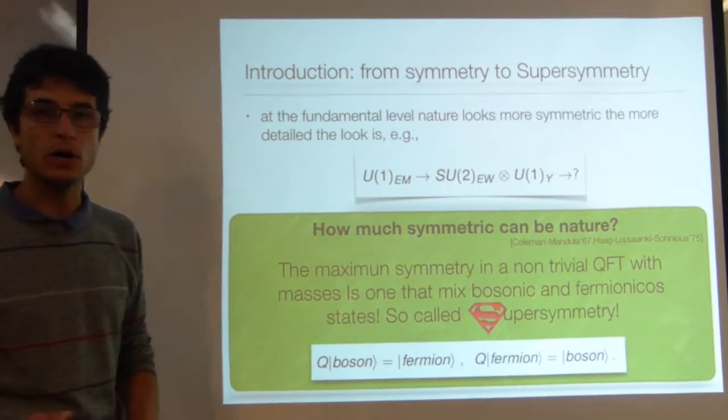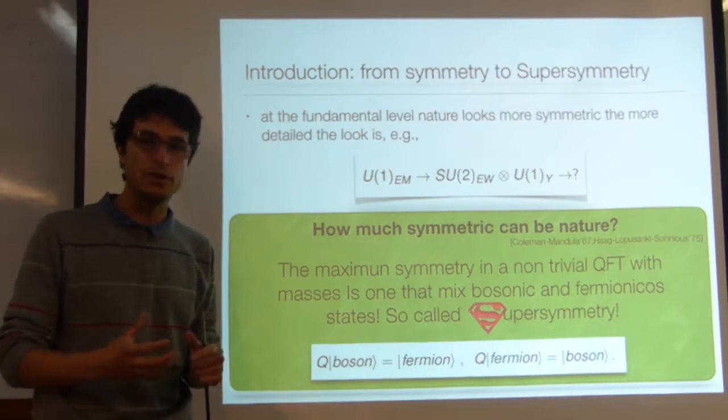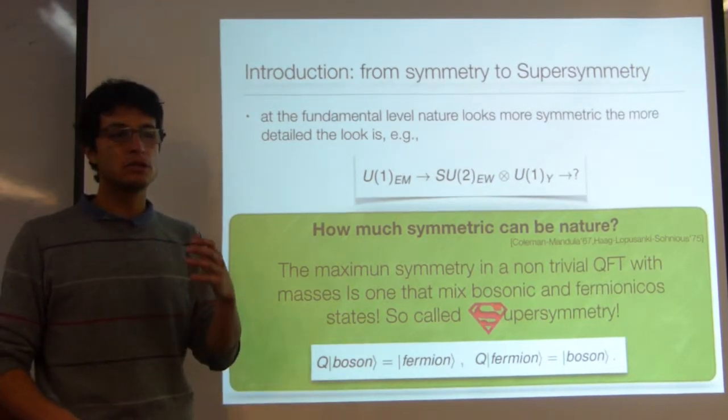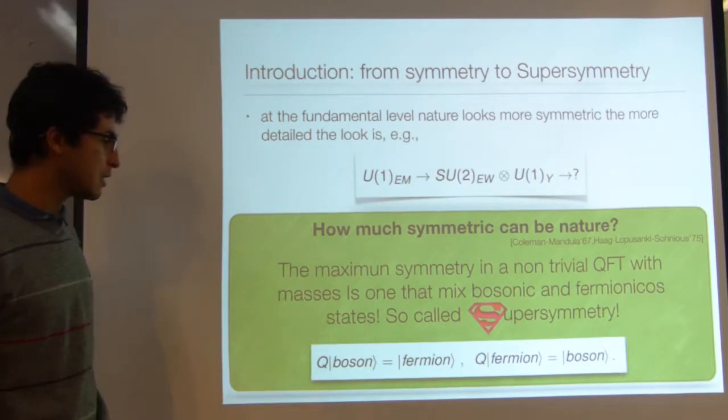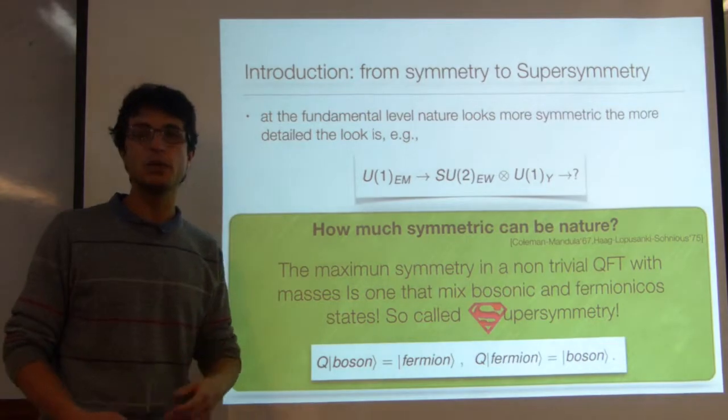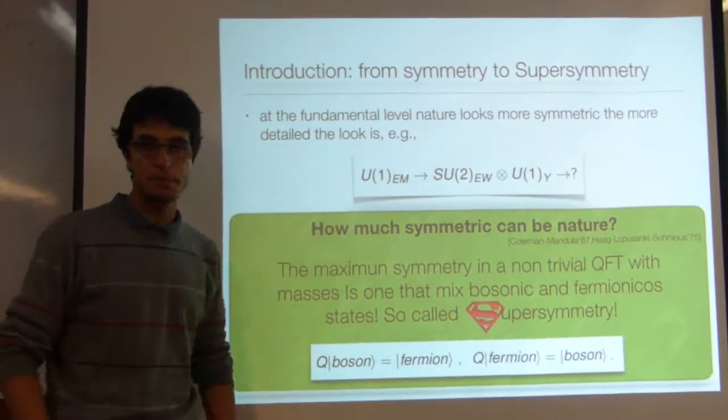If you want a non-trivial quantum field theory that has a mass gap, then the largest thing that you can have is something that mixes these states. And this is what we call supersymmetry.